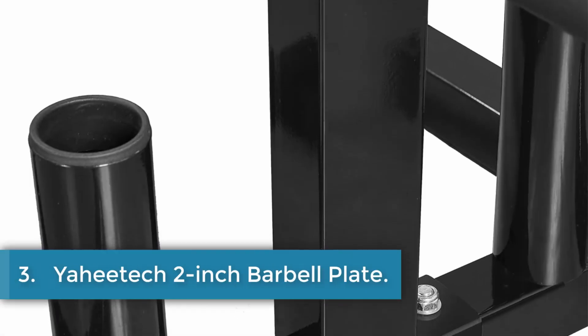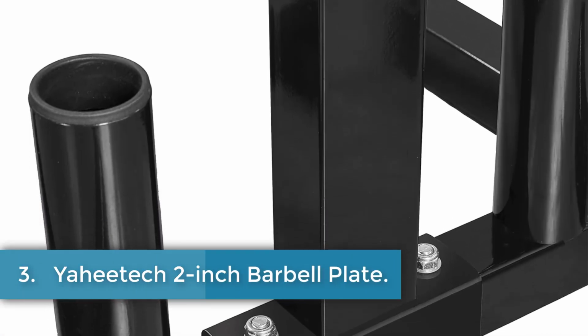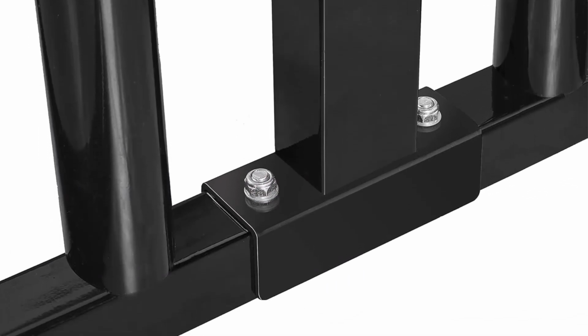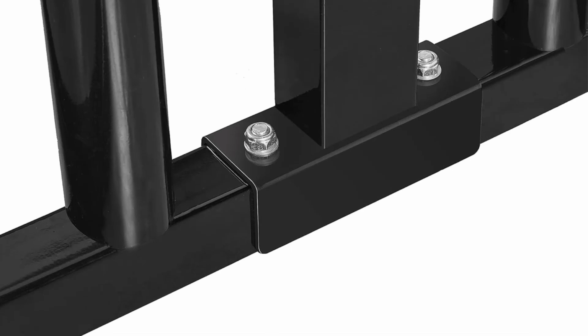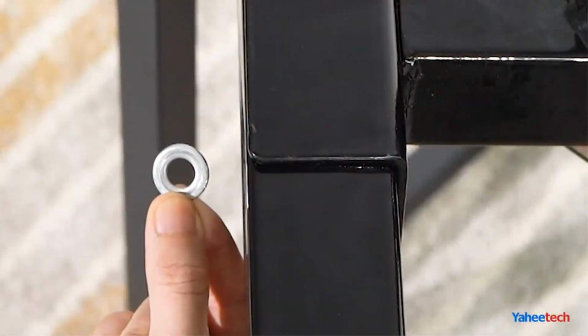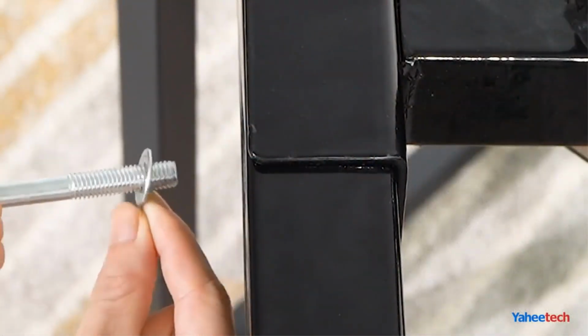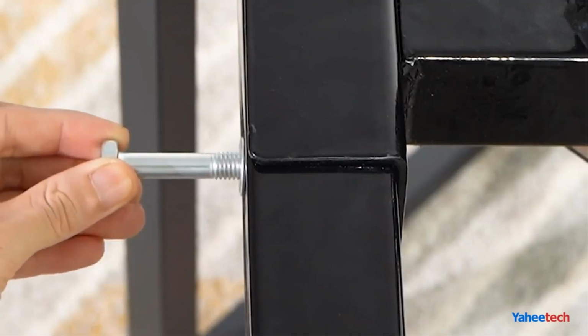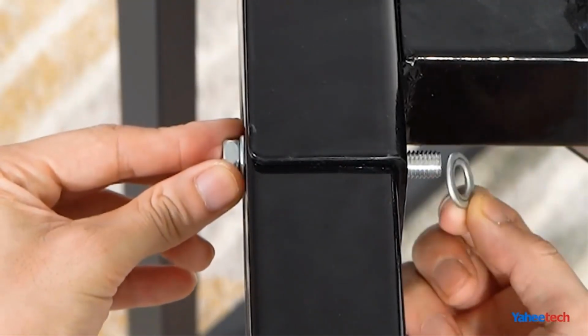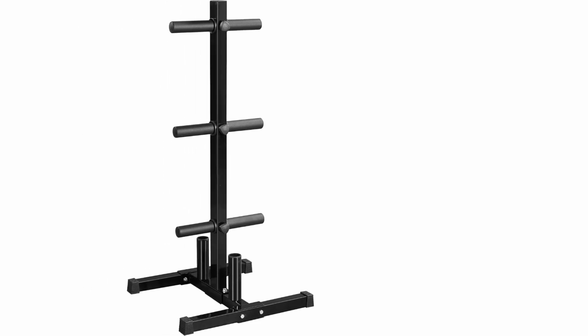Number 3. Yaheetech 2-inch Barbell Plate. The Yaheetech weight plate storage rack is a sturdy and space-efficient solution for organizing your workout equipment. Made from powder-coated steel, this vertical rack features a simple assembly process, complete with all necessary hardware and instructions. With dimensions of 27-inch D x 24.5 W x 54.5 H and a weight capacity of up to 882 pounds, 400 kilograms, it